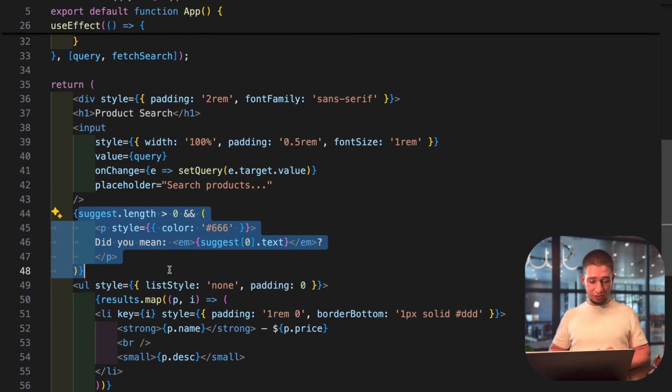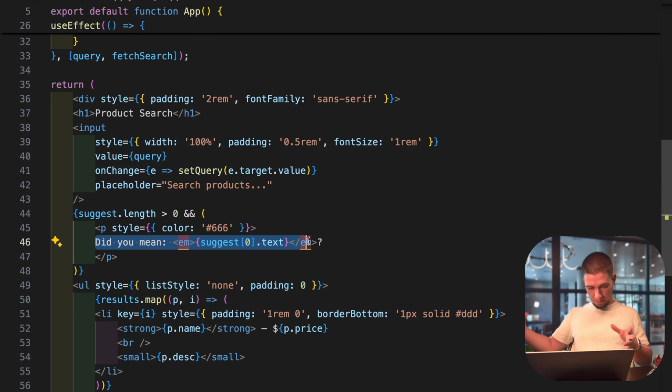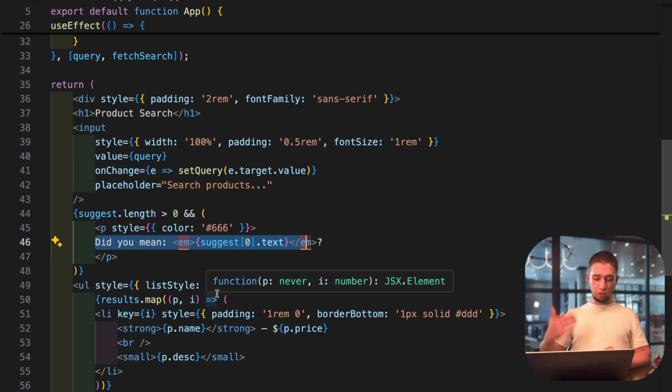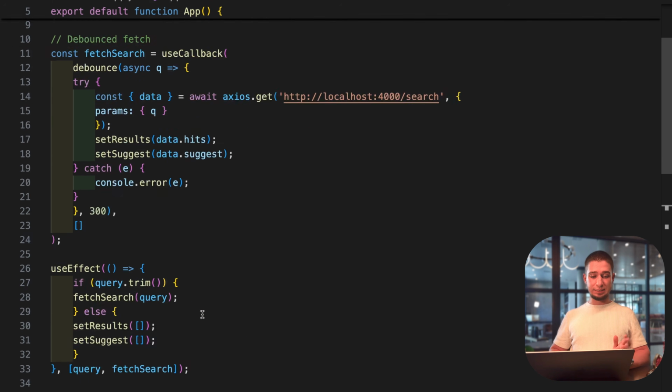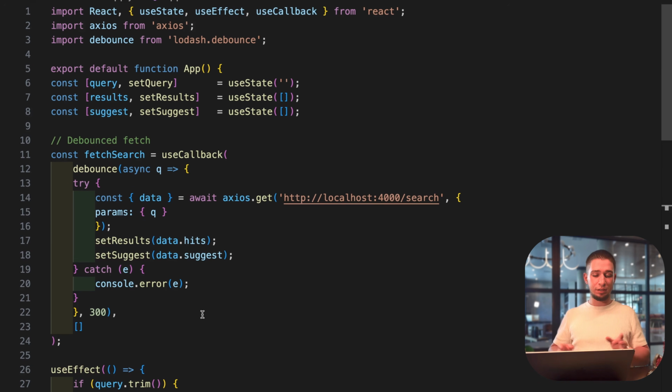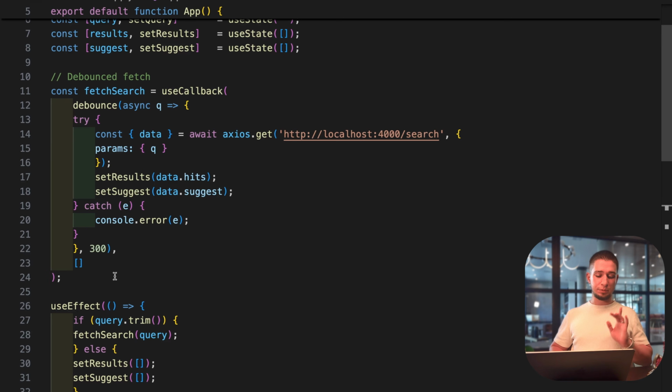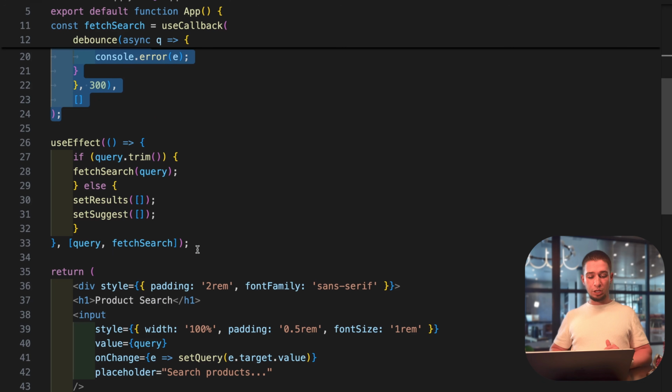And the suggestions, that's what I was talking to you about. Did you mean something? That's how it works. And then we have a list of elements with price and so on. That's also nothing hard here, just some optimization with debounce, some logic for when we have something in the query and when we don't have anything, because we should clear that when we don't have anything.